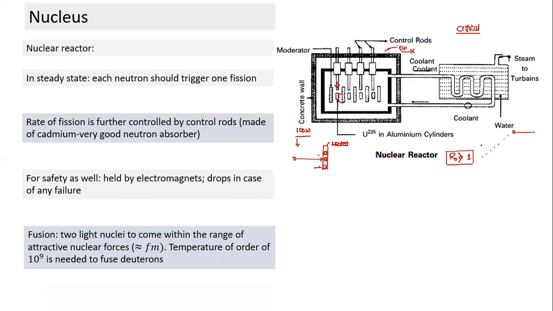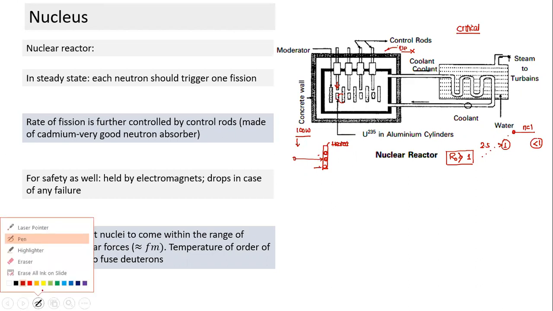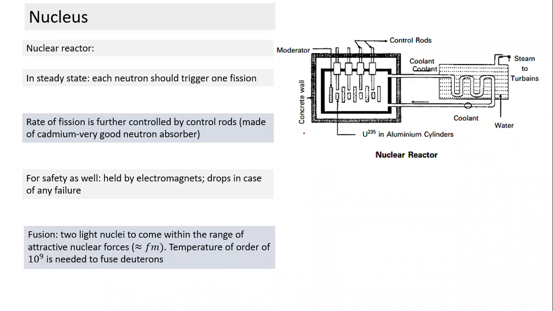Initially, of the order of 2.5, more than 1, neutrons we want to be absorbed by U-235 until it reaches a state which is our desired state of operation. From then onward, we want R to be equal to 1. And if we want to slow it down, we want this ratio to fall to less than 1. Okay, so that's how we operate a nuclear reactor, and I think we have dealt with it in more detail than is necessary.